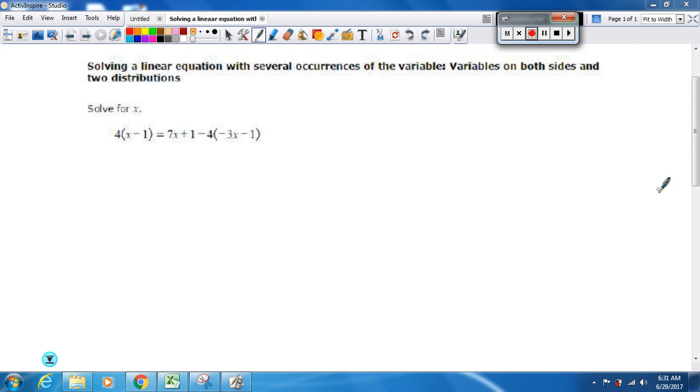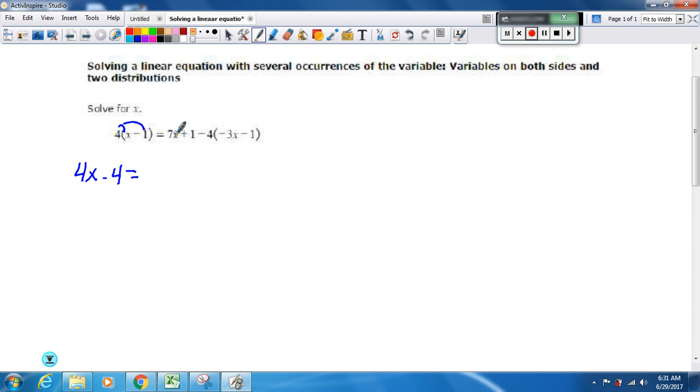Okay, you want to work through these. You want to get rid of the parentheses anytime in algebra first. Anytime you do have parentheses, doesn't matter if they're integers or exponents, you have to get rid of parentheses by multiplying. So that's done with distributing. So 4 times x is 4x. And 4 times -1 is -4